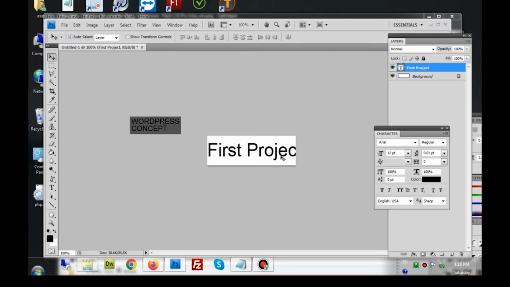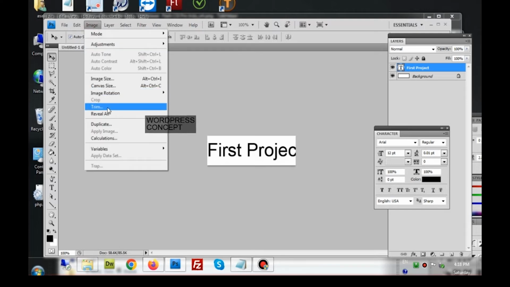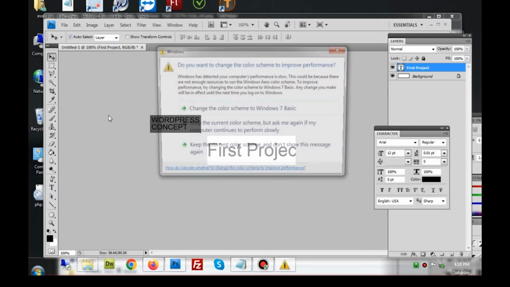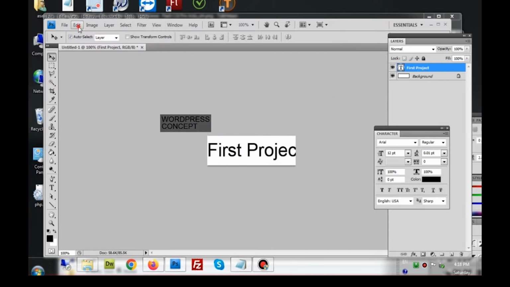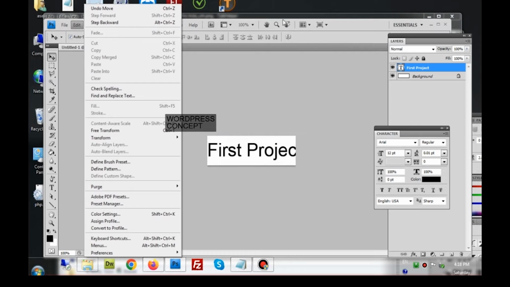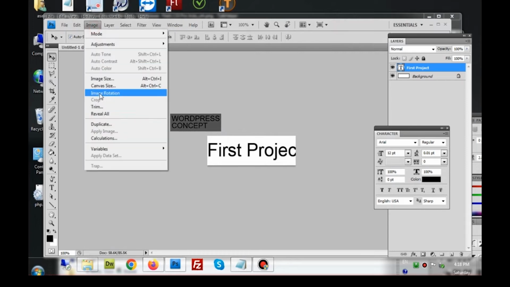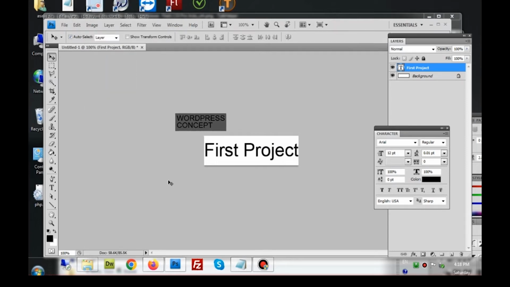Some portion of the text is not showing, so to show that portion we have to go to the Image menu and click on Reveal All. Reveal All means show all the text of the image. So I'll go for Image and Reveal All. Now it will show me the whole text.